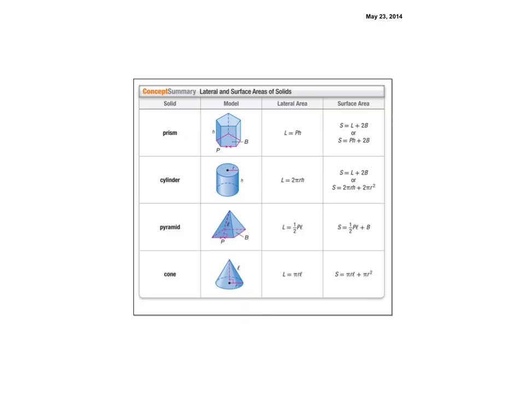All right, and this last page just recaps all of the formulas we've talked about over the last 4 classes. So your lateral area formulas and your surface area formulas for your prism, cylinder, pyramid, and cone. Do remember that if you know your surface area formulas, like these longer ones with all the stuff written out, if you know those formulas, you knowing these 4 formulas will give you the 8 formulas you need to know for your lateral area and surface area for these